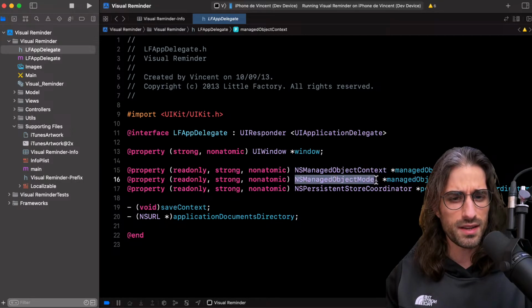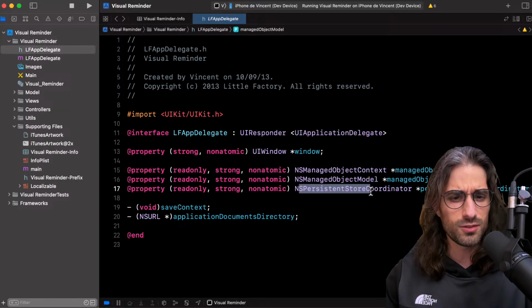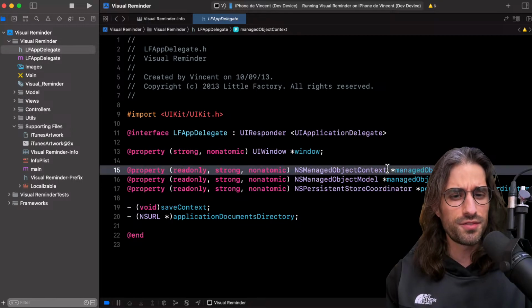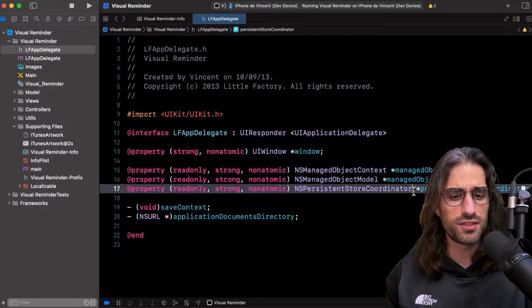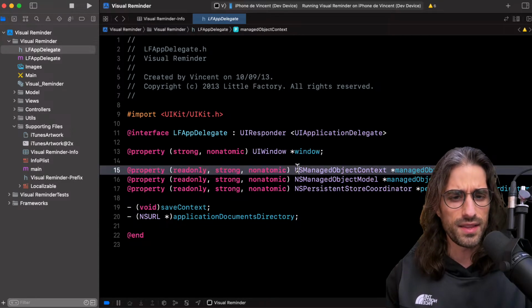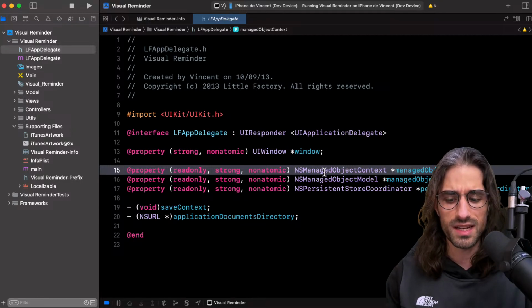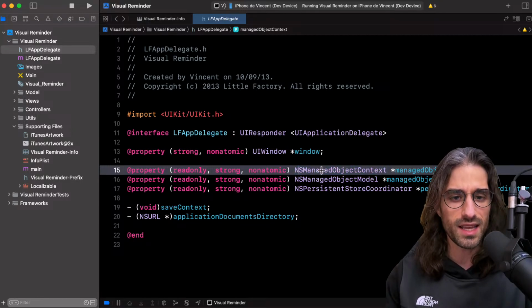So this one, it's your data model. So what it represents, we could say, is the schema of your data. This one, I'm not sure what's the difference between the object context and the object coordinator. I think the coordinator manages like writing to the disk, and the context manages like when your instances should be updated or how you retrieve them. I guess we'll be able to see it a bit later, or I could just do an Alt tab. No, Alt tab doesn't work.